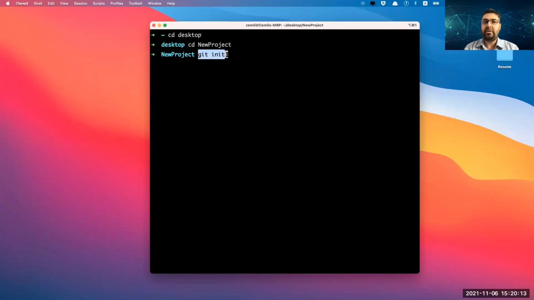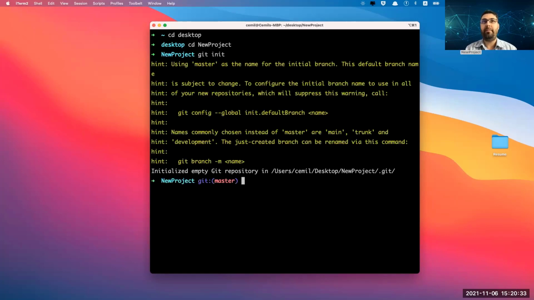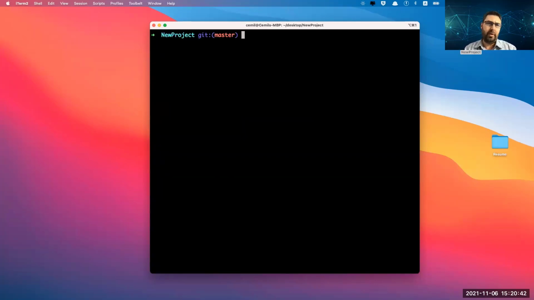Don't worry. So what we have to do, first of all, we need a project folder, which is new project, and we just initialize with Git. That's it. Just the folder, see the folder name here, and everything is fine. That's perfect, because now I can make a Git repo like this. Boom. Now it is a Git repo.